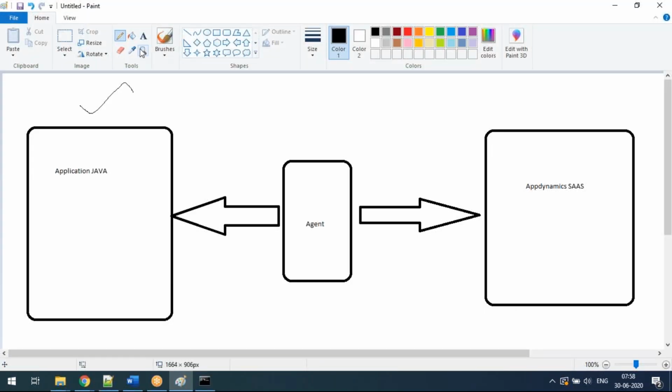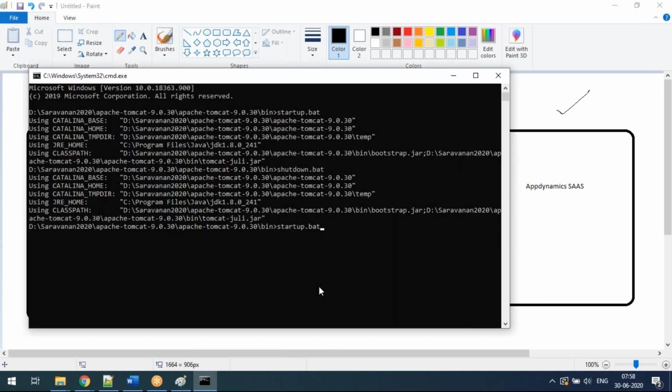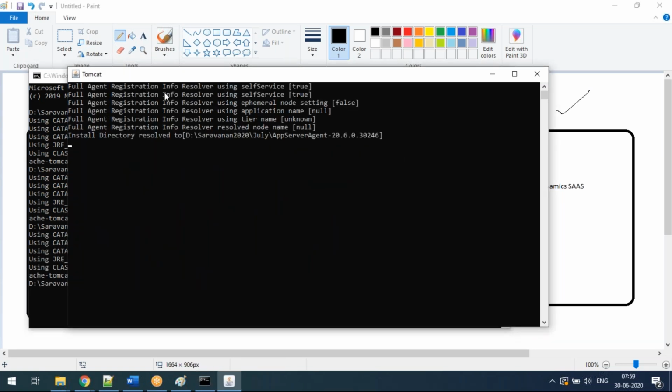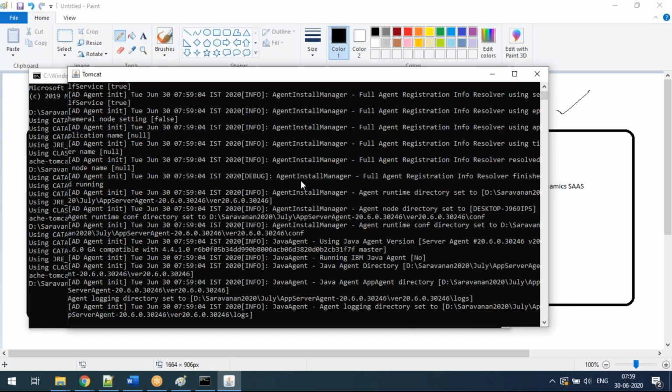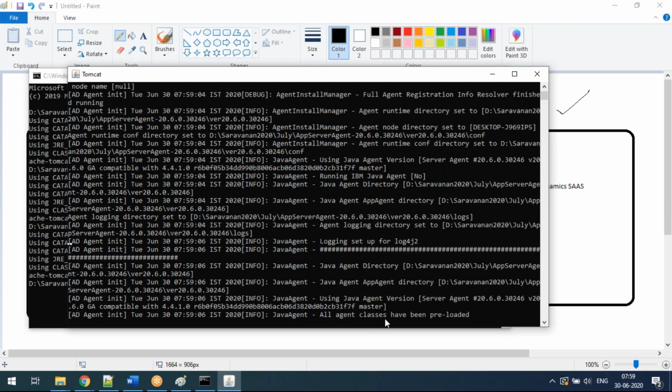Now the agent is also available, downloaded. Now we are going to establish the connection with the App Dynamics SaaS. So I can start this server, startup.bat. At that time you should see the full registration info, the Java loaded information, and the App Dynamics connected information.